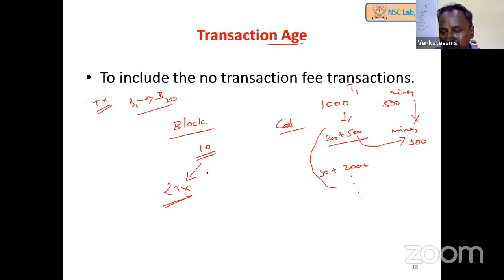It takes some time, but it will definitely be committed. And another problem is that there will be so many transactions which come with less transaction fee, so that is also getting increased. Now what happened, the age is computed, how long you are there. The transaction age, the computation output, the one having more transaction age has to be taken in the sequence, so that any transaction will not wait for a long time. So this was also introduced at the later stages.